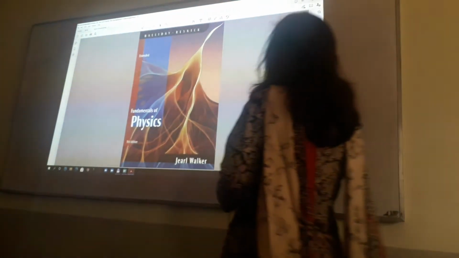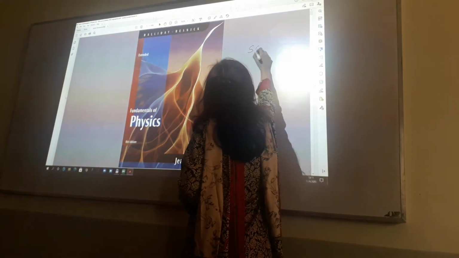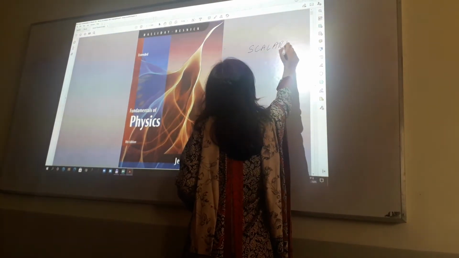Basically, distance is between 2 points and displacement is actually the shortest distance between 2 points. Okay. Anyone else? One is scalar, one is vector. Yes, very good. So, one is a scalar and one is a vector. So, if we write scalars and vectors,